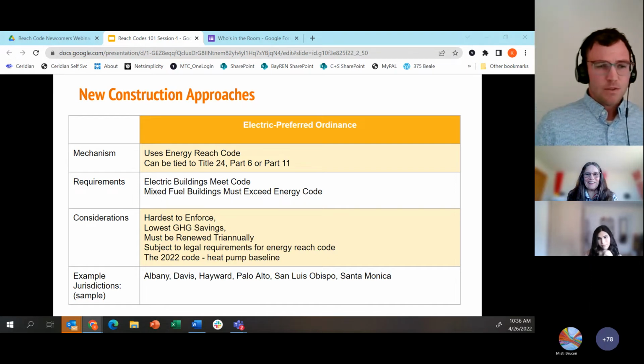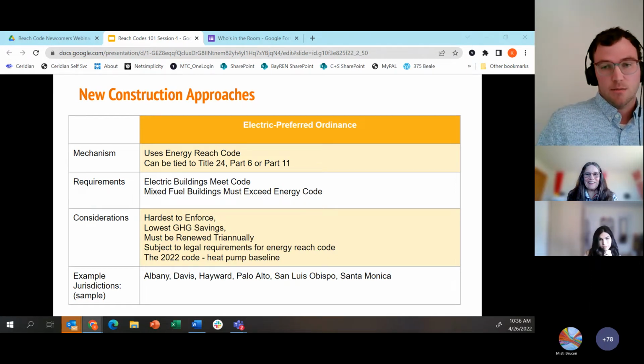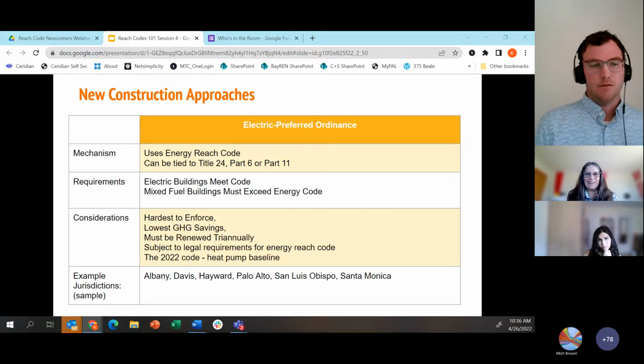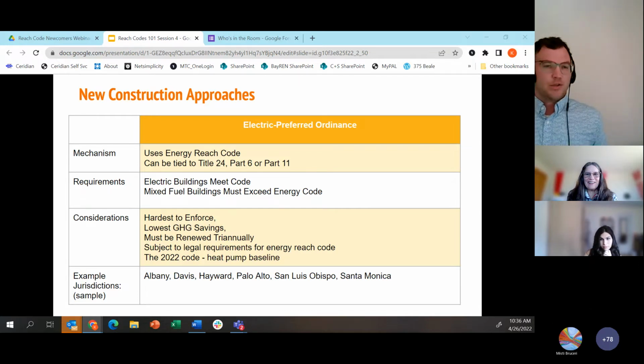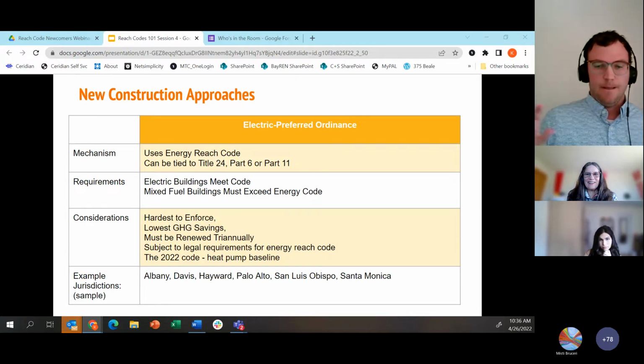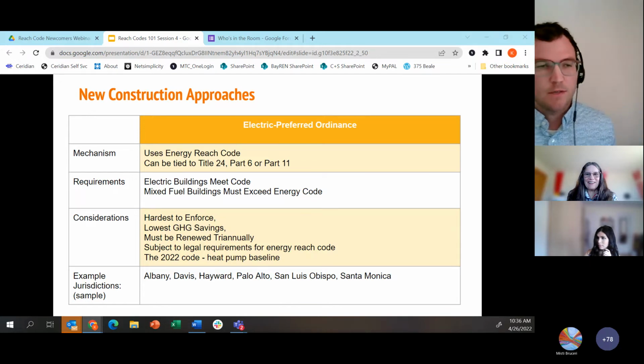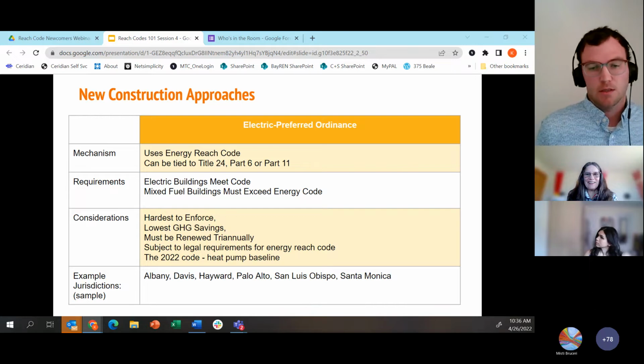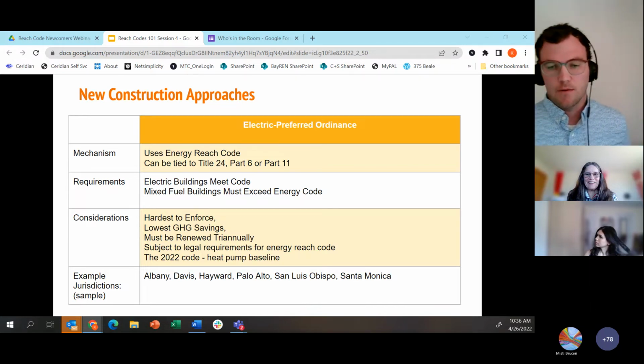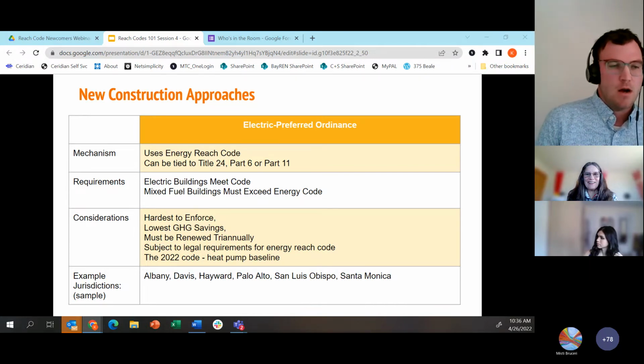And so some of the considerations around this path are that given the extra step around that compliance decision, they've been perceived to be harder to enforce. It's a little bit more of a complicated step.